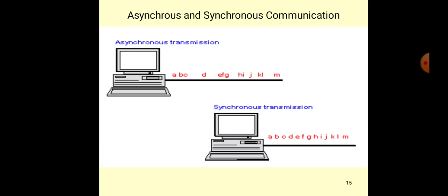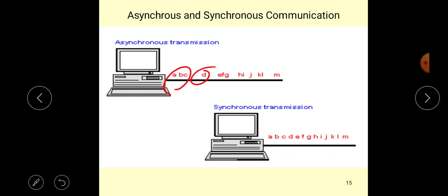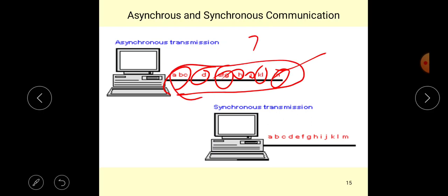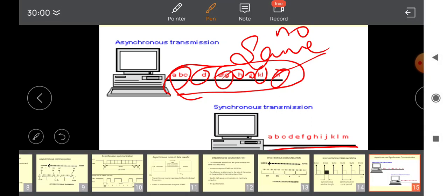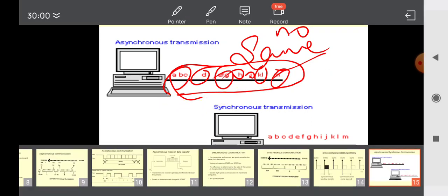Asynchronous transmission and synchronous transmission. See, if you see on the screen, asynchronous type of transmission specifies that there are different, this is different, this is different, this is 3, and again 2, 1, 2, 1. So what it specifies is that the same clock pulse is not there. No same clock pulse has been maintained. Here in the synchronous we are taking in an order. The same thing has been replicated at both the ends, but here it is maintained with